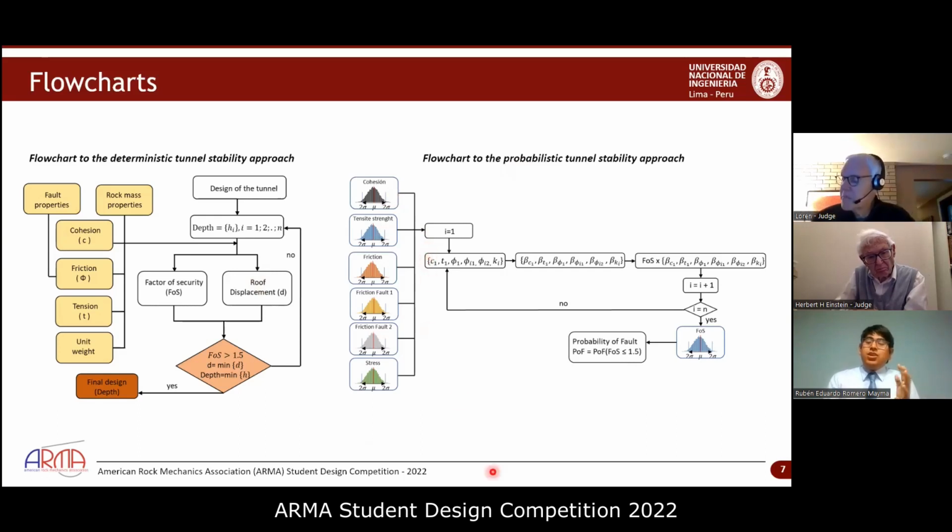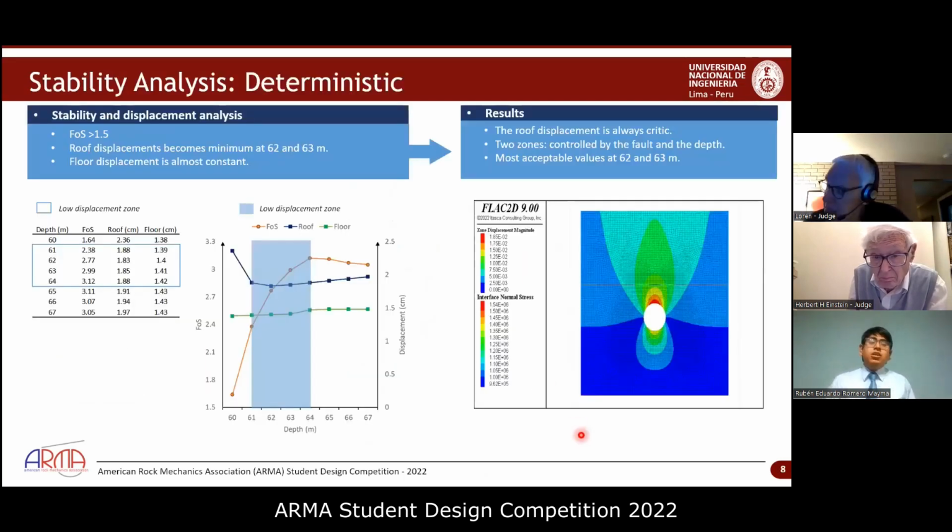With the Stephen method, and then with the Monte Carlo simulation, many probabilities of failure were calculated for each depth until obtaining one value less than 5% to define the final design. So in the stability analysis by the deterministic approach,